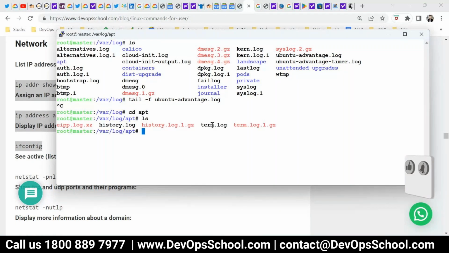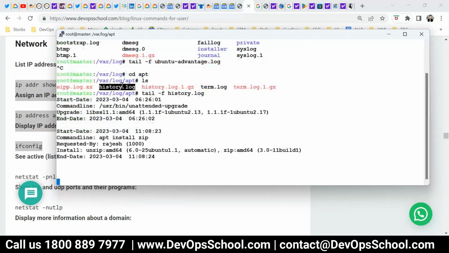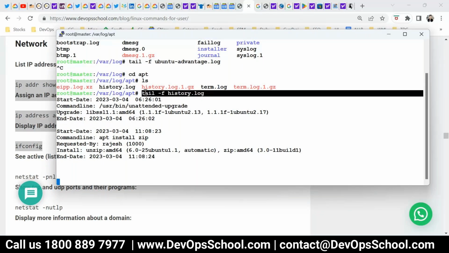Okay. So just for right now, if this file is updated, you can see it on the screen live. So tail -f is like a live streaming of that file. Right now that file has not been updated, and that's the reason streaming is not happening. But this command is very handy for seeing the live log. Any file which is being updated live, you can use this command to see the live log. So you can check this out also.